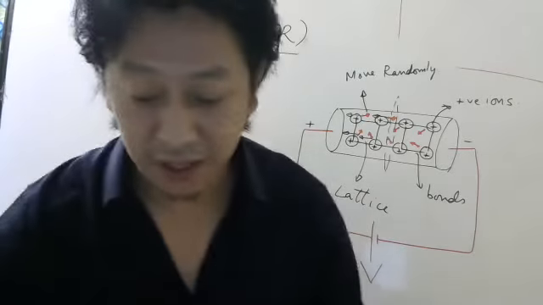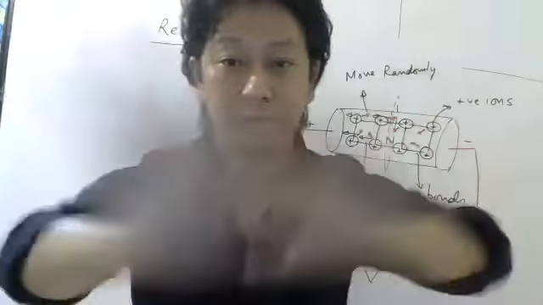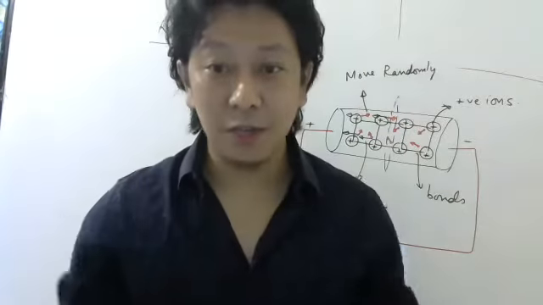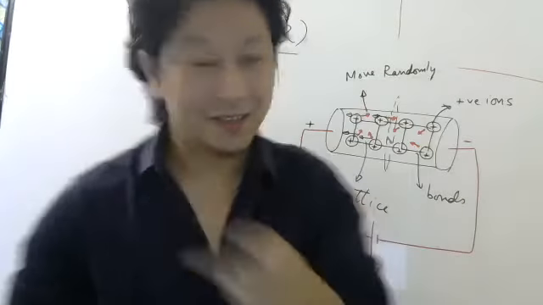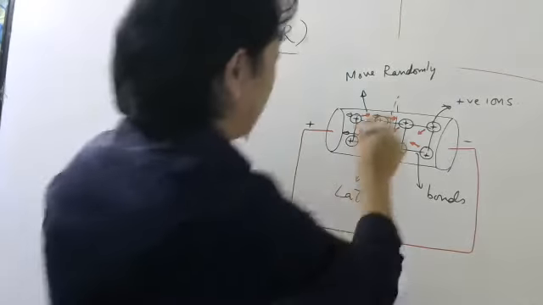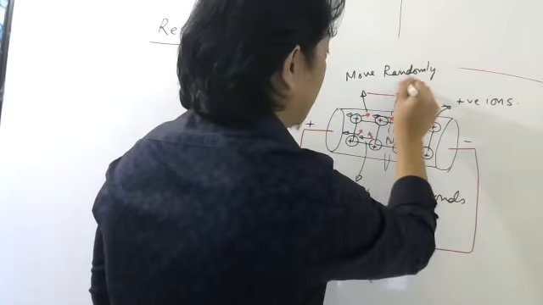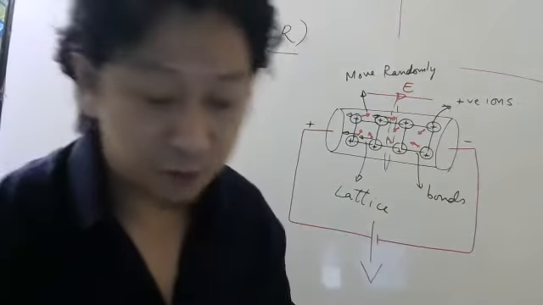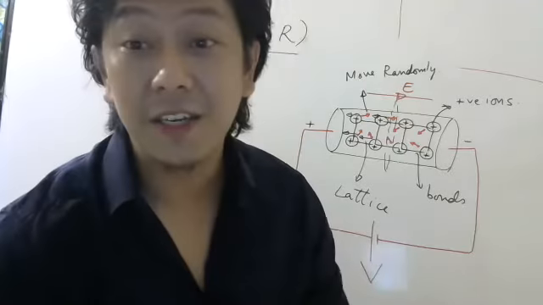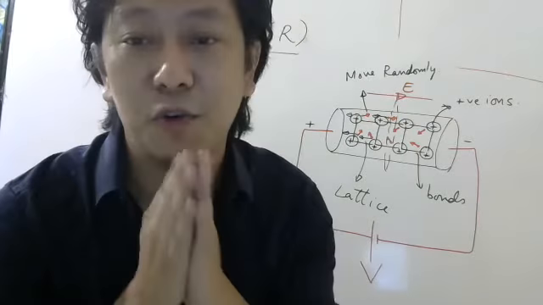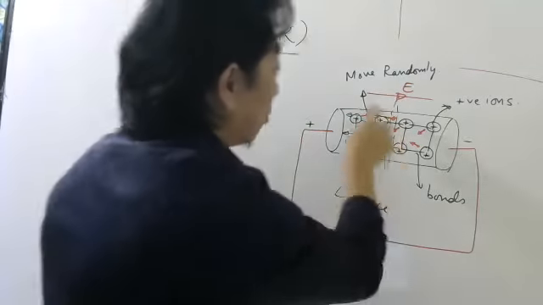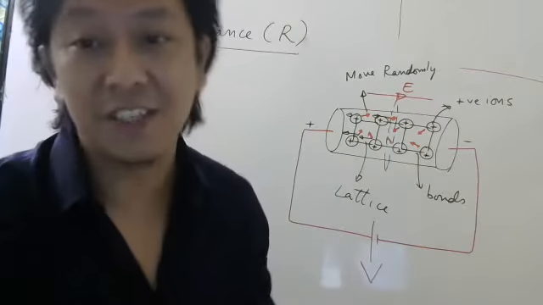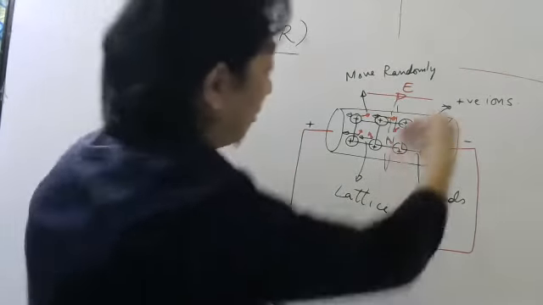So what is happening is, before they were moving like this. Now suddenly when you apply a battery, they will feel a force this side, meaning opposite to the electric field. Electric field inside will be from plus to minus. Yes or no? Electric field is from plus to minus, but electrons are negatively charged. And already so many times I have told you, negative charge will feel force opposite to electric field. So all these electrons which are negatively charged will feel force in this direction.